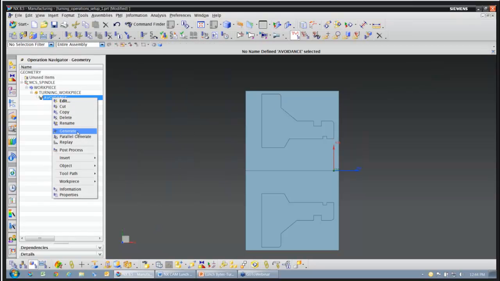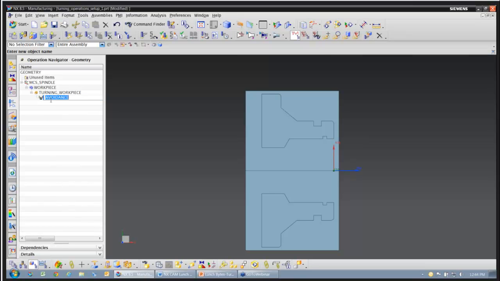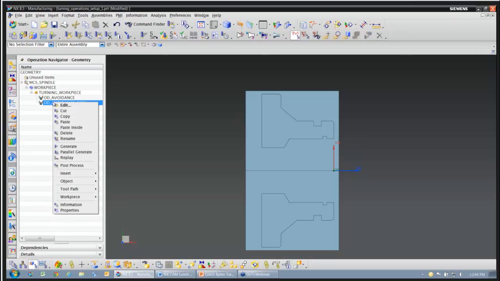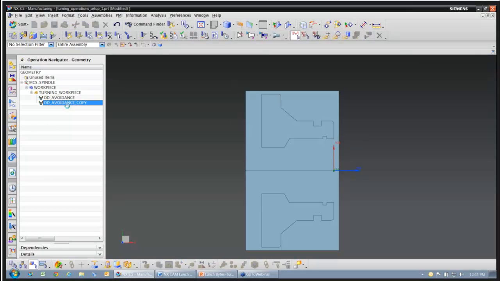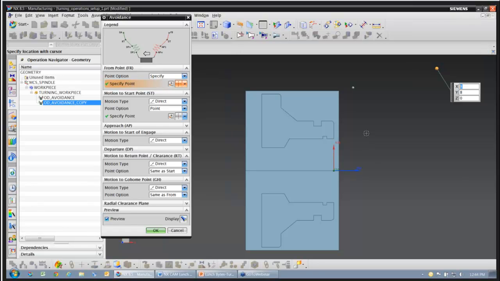As I mentioned, we're going to use this for our OD turning, so I'm just going to name this OD avoidance. And then what I'll do is copy this and paste it, and then edit this. Really, the only thing I need to change for ID, as we were talking about, is the start point. So I'm just going to drag this start point down to here